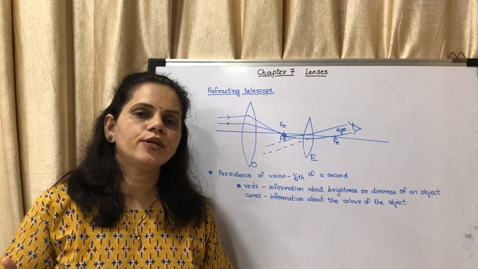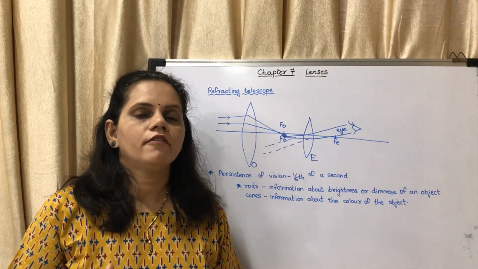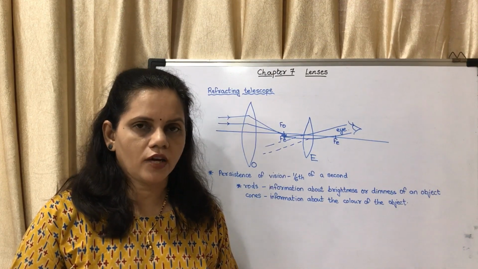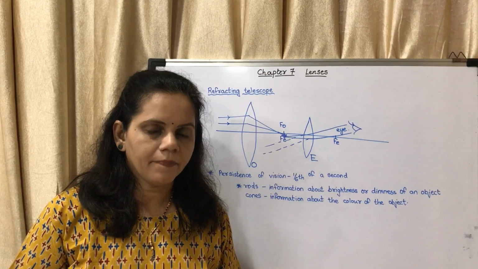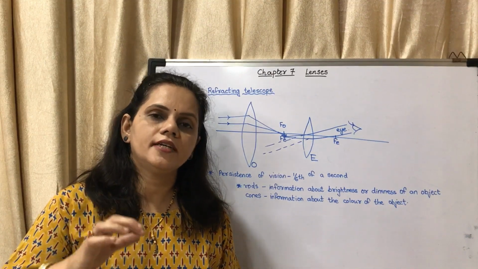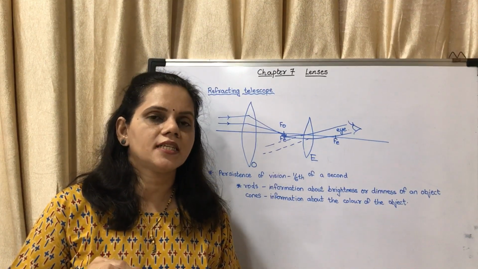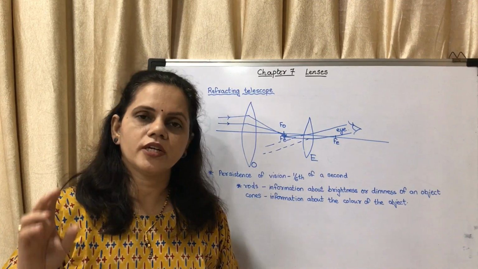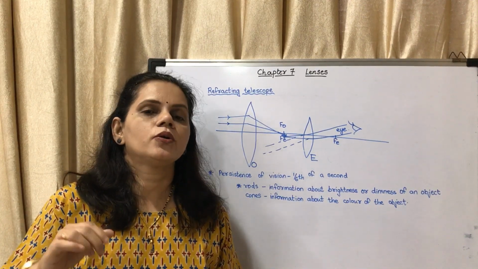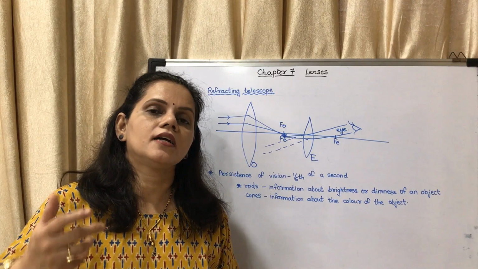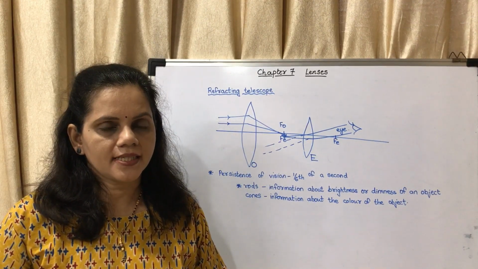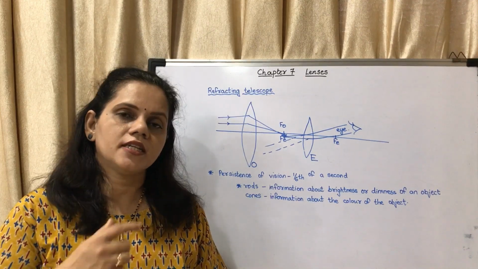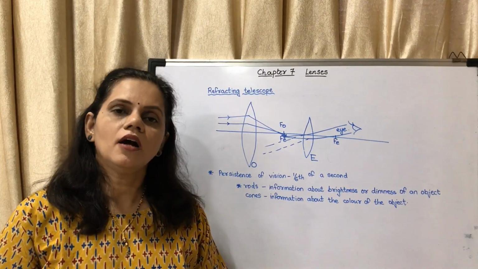Okay, so I had told you about the retina when we were studying the structure of the eye. What is the purpose of the retina? The image is formed on the retina. That image is converted into a message, and the message is taken by the optic nerve to the brain, isn't it? So images are converted into messages. When they are converted into messages, who is functioning? These rods and cones are functioning.